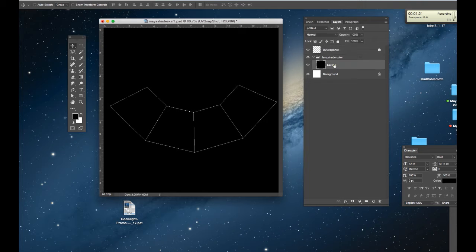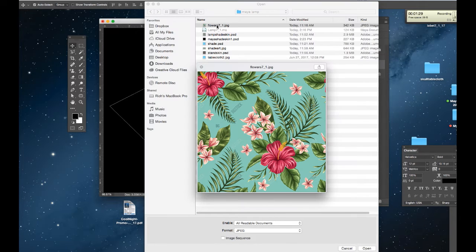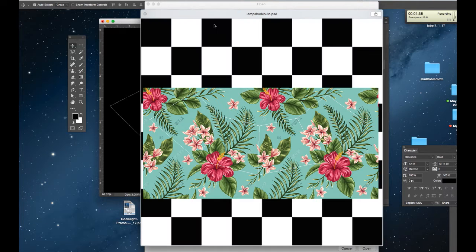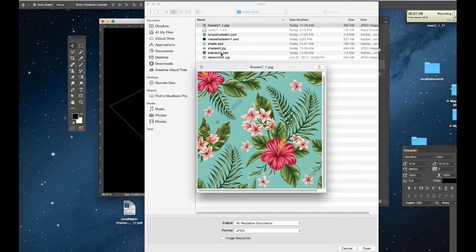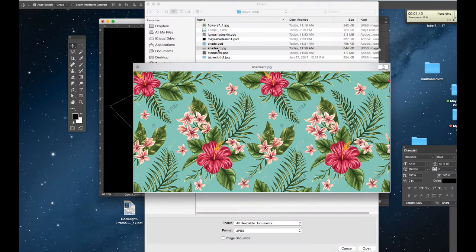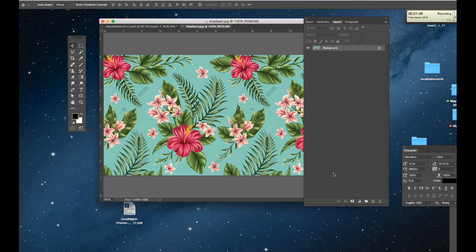So I'm going to click on layer 1, and I'm going to open up the texture that I was going to use for the lampshade. So I've gone in and I've got a flower pattern that I wanted to use inside of Maya. So let me just go ahead and open that up. And I'll copy it